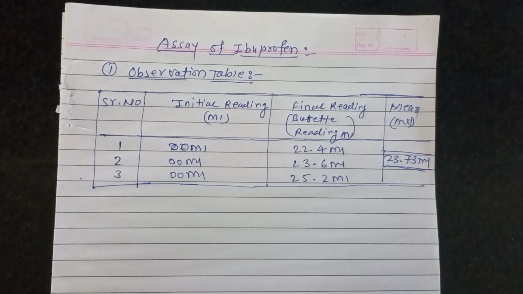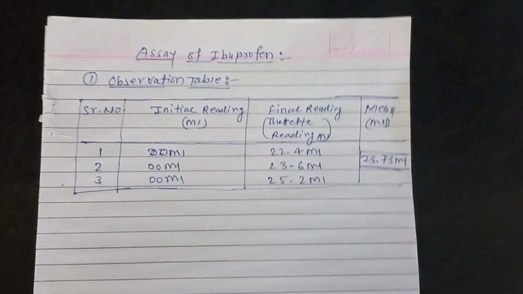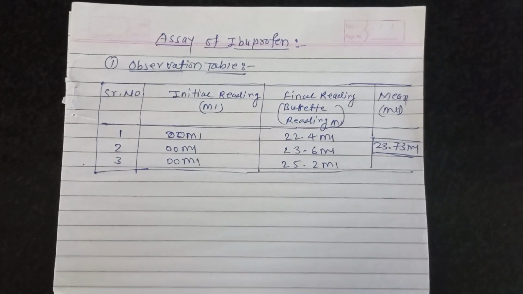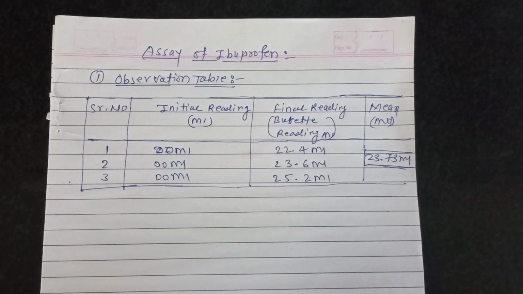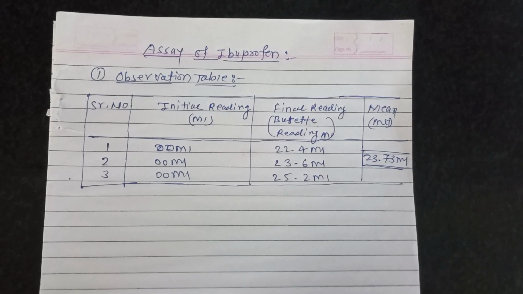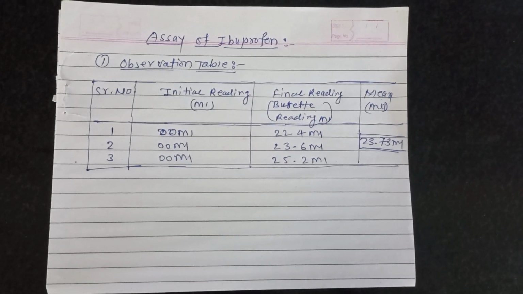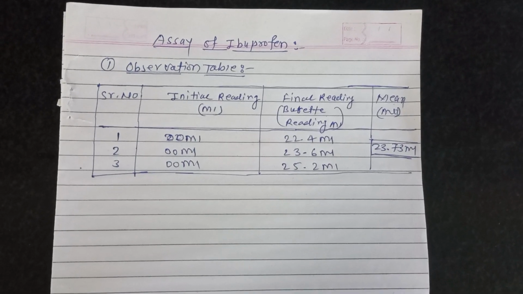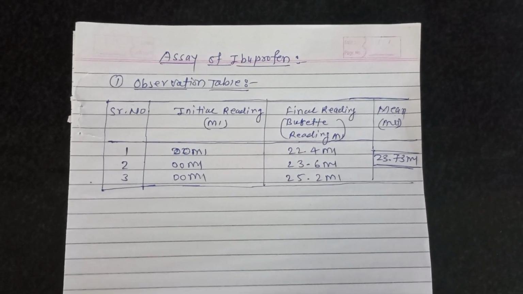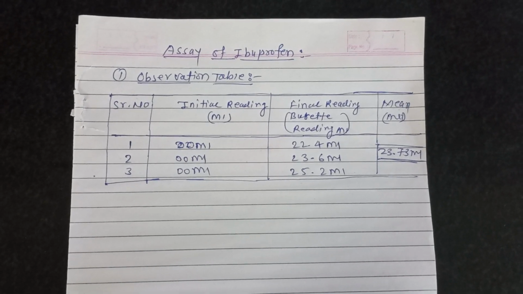So the assay of ibuprofen. If we perform only the sample titration, that is the ibuprofen, if we don't want to take the blank titration, then we will also go for the reading of this assay of ibuprofen. In the ibuprofen assay we can take the sample reading, or we can only consider the sample reading. The blank titration is only to minimize the errors in the readings.